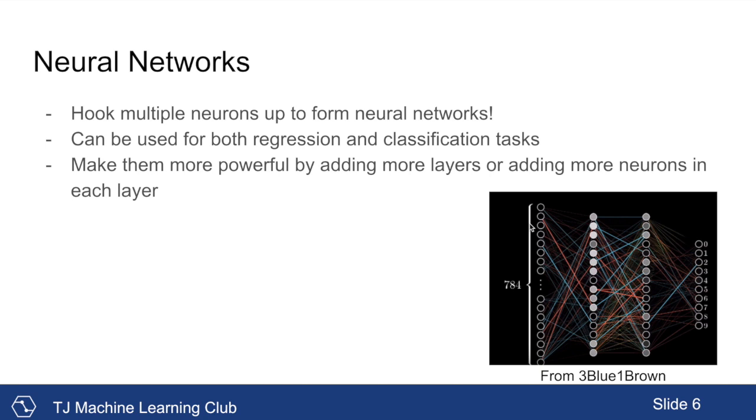We feed the first pixel in here, the second pixel here, the third pixel here, and so on until the 784th pixel, right? And once we have all those inputs, we can feed them into the neurons in this layer, and then as we go on and get to the final layer,